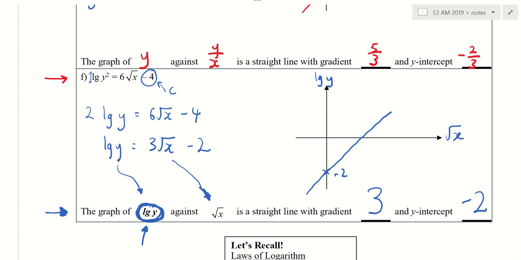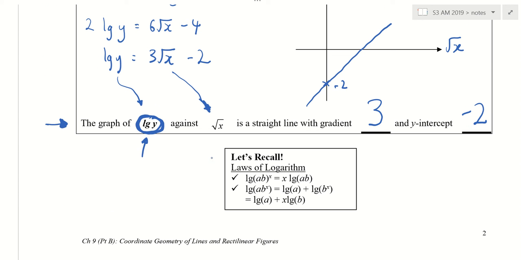I will show you exact question later, okay? But you roughly got an idea? Now, the next exercise require you to recap. So first law says the power can come down. Second law says you can split into a product and a sum. Third one says, done. Right, let's